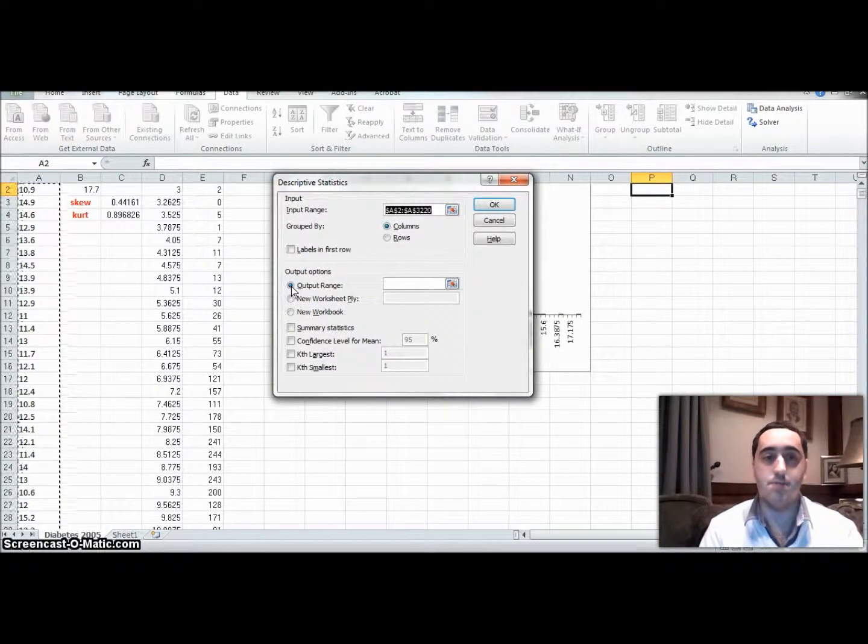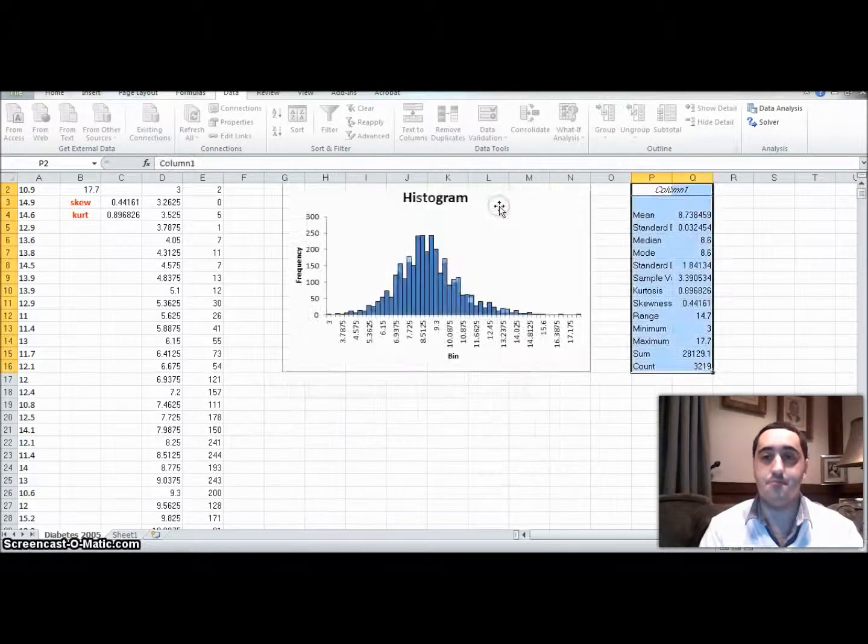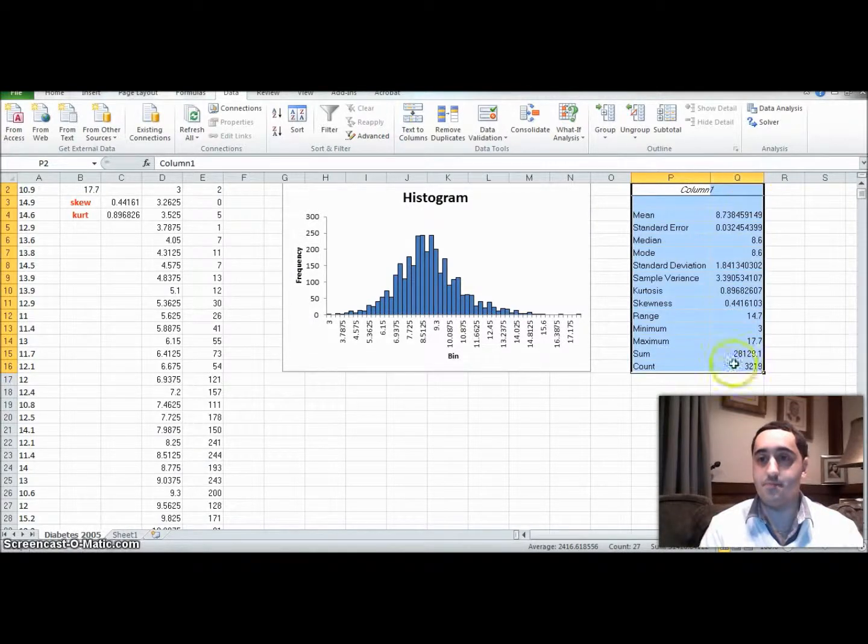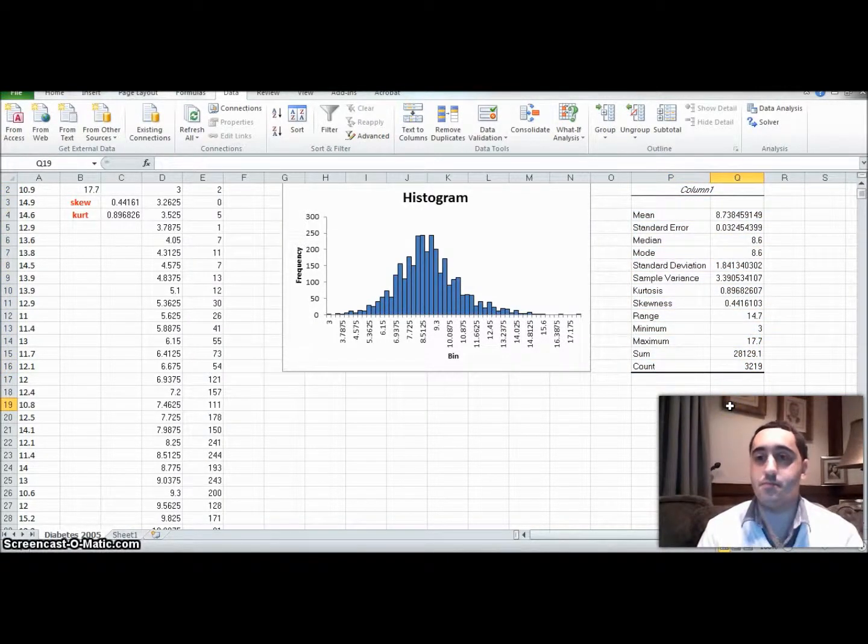We want our output range to be on P2. So let's click in here and then click on P2. Then we want to select summary statistics, because that's what we're talking about. So once you select that, click OK. And then now you have a table of your summary statistics. So we have here mean, standard error, median, mode, standard deviation, sample variance, kurtosis, skewness, range, min, max,